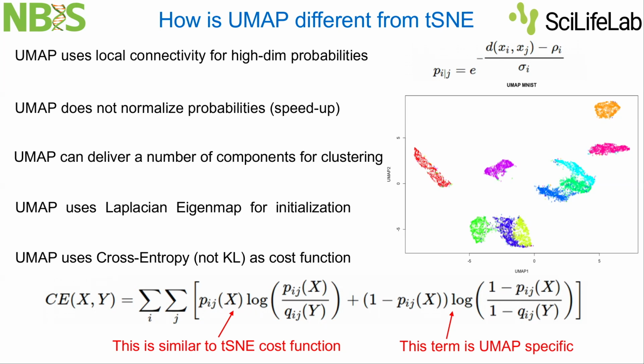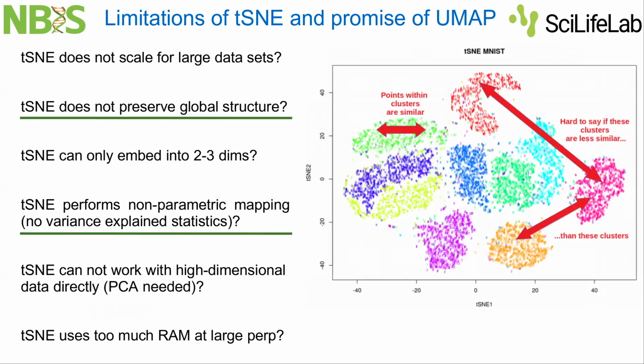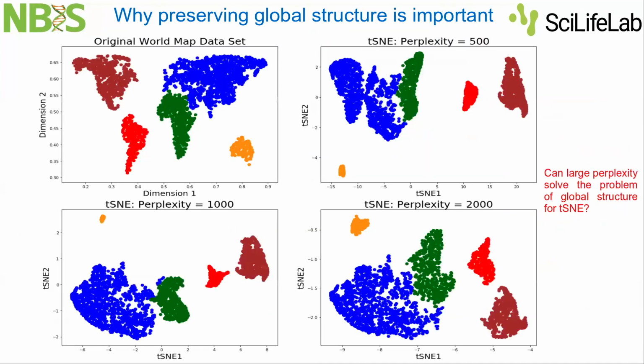So these interpretations of the intercluster distances are a little bit more reliable for UMAP, but still not much trust should be put on both t-SNE and UMAP when interpreting intercluster distances. Okay, so now there was a